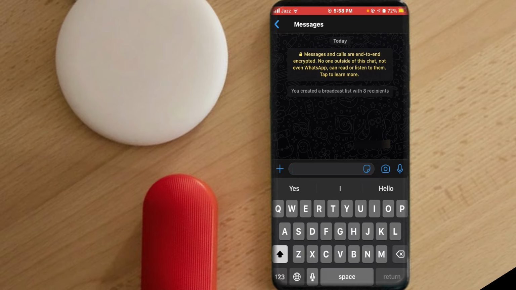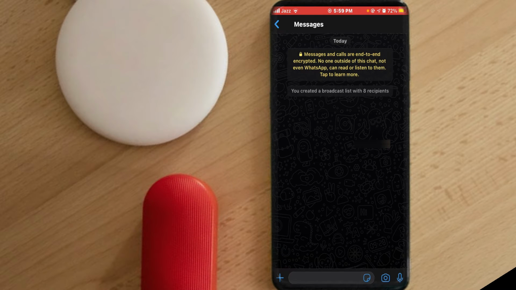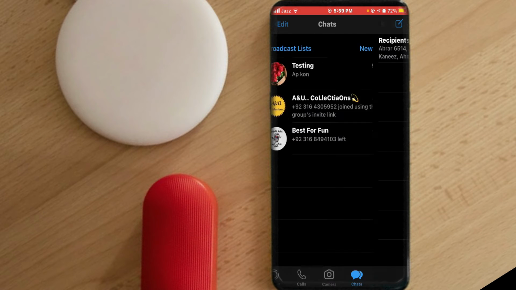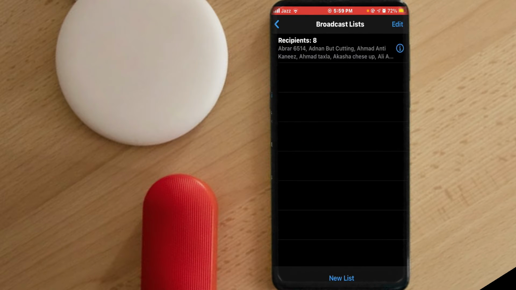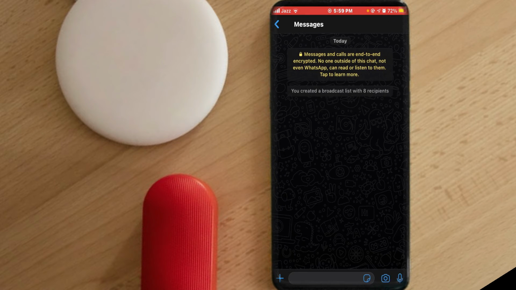How to send a message in a broadcast list, and back. Click broadcast list at the top left. Now click this broadcast list and